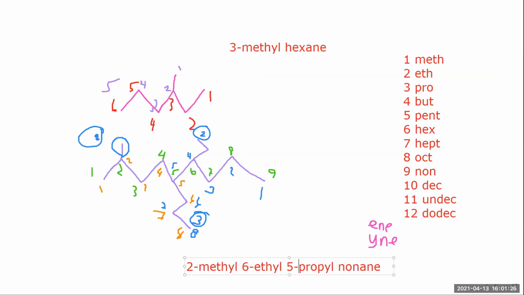So when we count those branching carbons, would we use the longest carbon chain to figure out that first number? Yes. You want the longest carbon chain with the lowest number to a functional group. So these side chains count as functional groups. They're lower functional groups, but they're functional groups. So you have a methyl here, so that would be after the second carbon. If we went the other way, we'd have something at the 4th carbon first. Does that make sense?